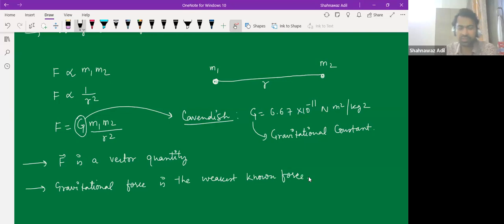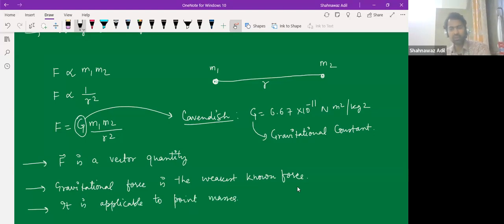So we have generally four forces: strong force, weak force, electromagnetic force, and then this gravitational force. This gravitational force is the weakest force among all the forces. Okay, and it is applicable to point mass,